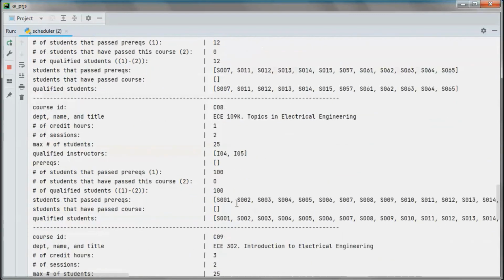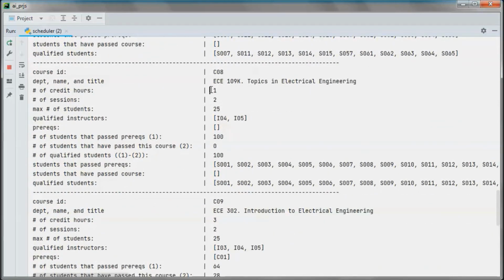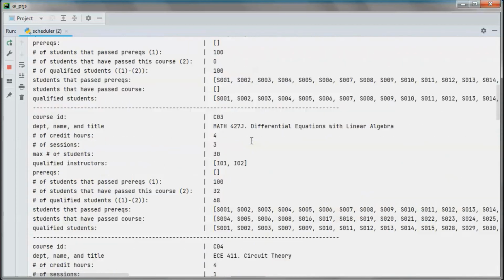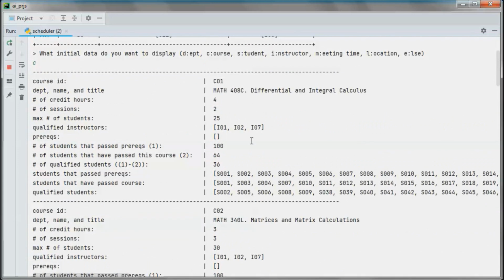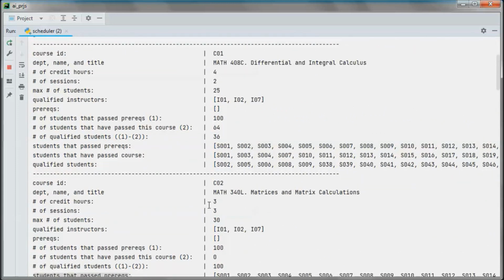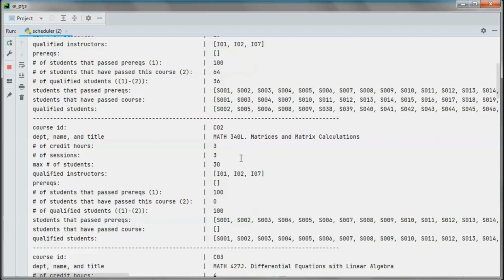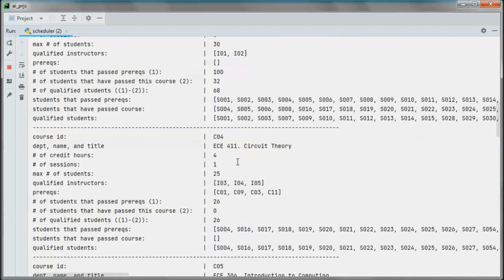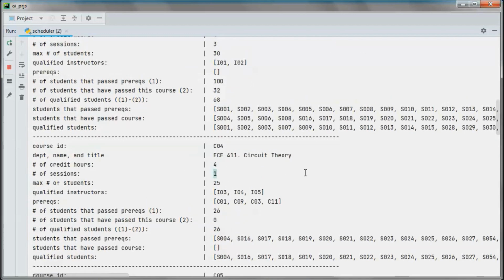So this one has only 1 credit hour. This one 3, and this one 4. And the number of sessions for this one is 2, for this one is 3, and for this one is 1 session.